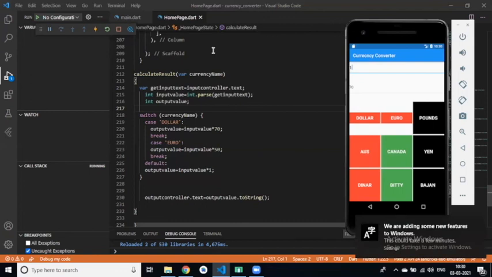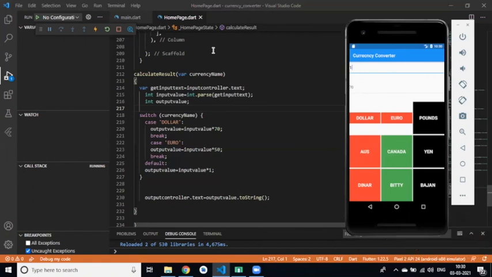Okay, and Sanwaj, what's your status? Yes, Roshan. Two input boxes are created and it is in debug mode.